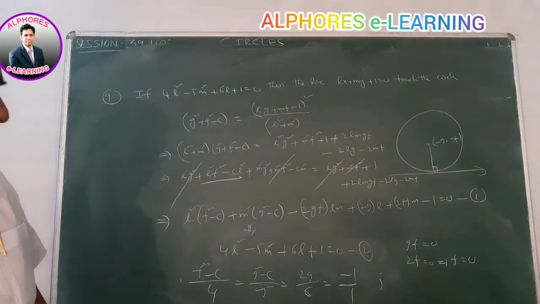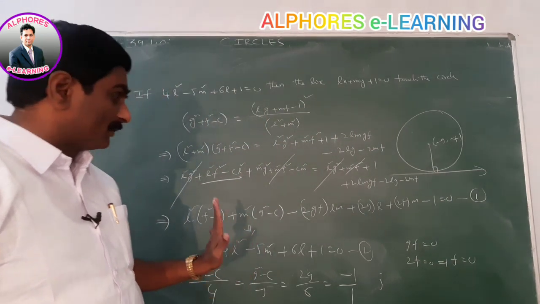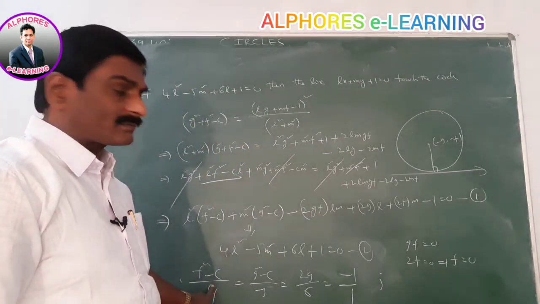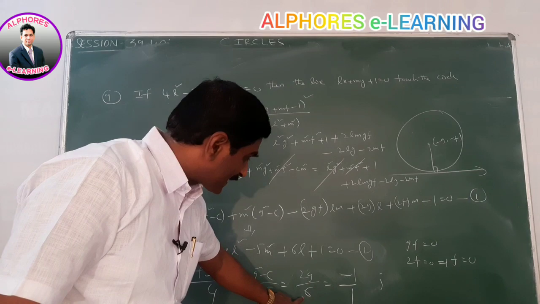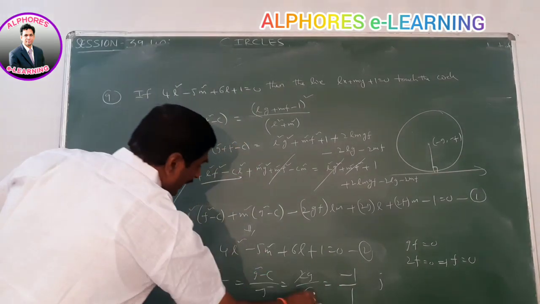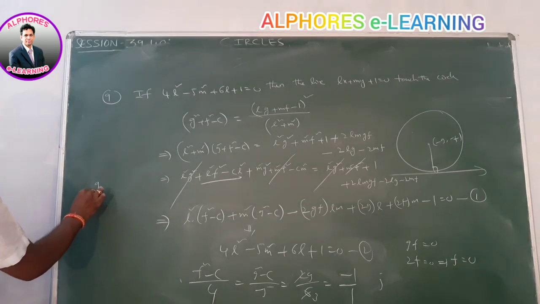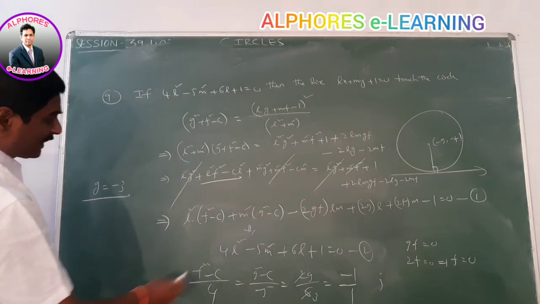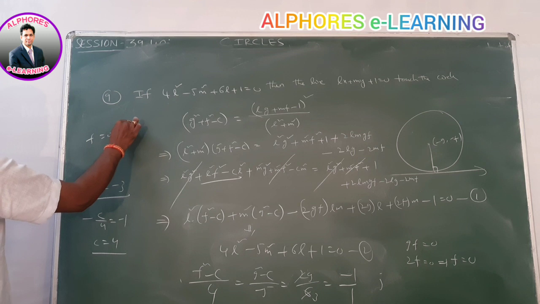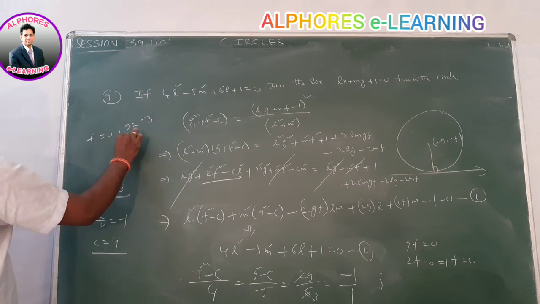The f value is 0. By using this value, we find the c value. 2g/6 = −1 means 2g = −6, cancelling gives g = −3. First we get g = −3. Next, f = 0 means −c/4 = −1, that means c = 4. So f = 0, g = −3 and c = 4.